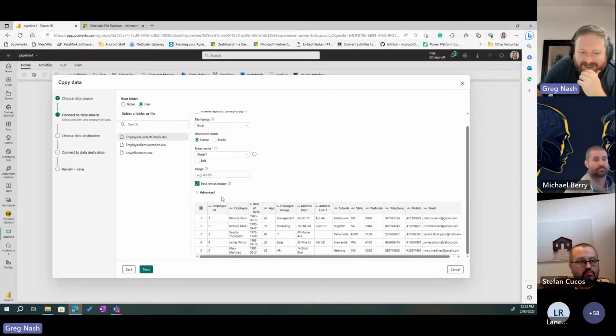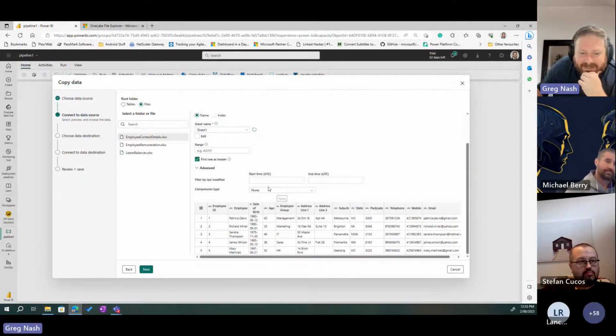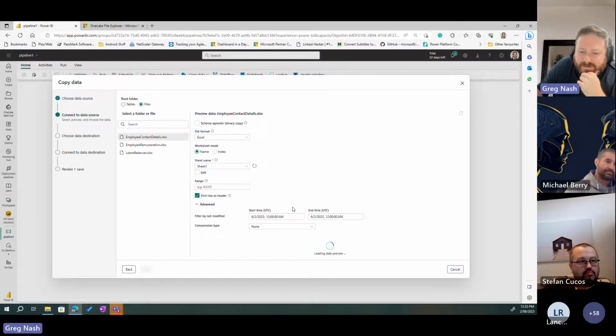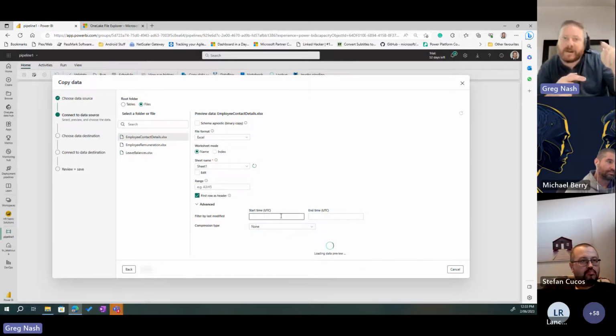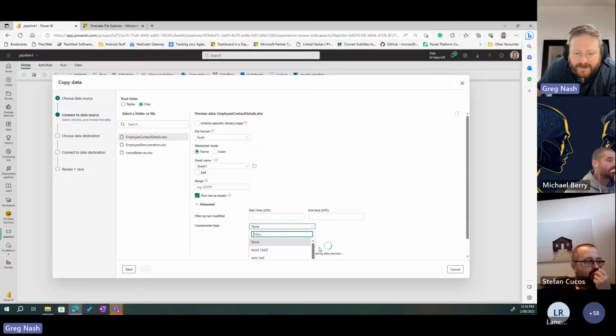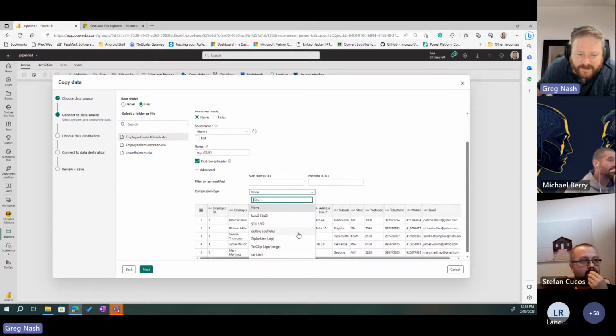The Wild West of spreadsheets. It sure is. Filter by last modified. You can put in a modifying filter here. Oh, I didn't mean to do that. Clear. Oh, that's nice too. So you could set it to a range. And then we could compress it if we wanted to as well into a BZIP or a GZ or TAR